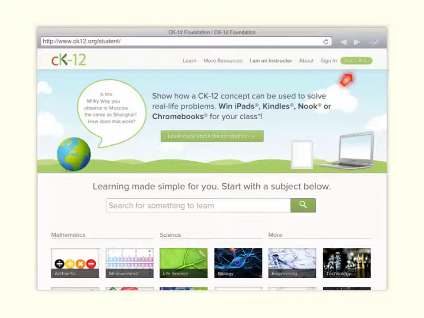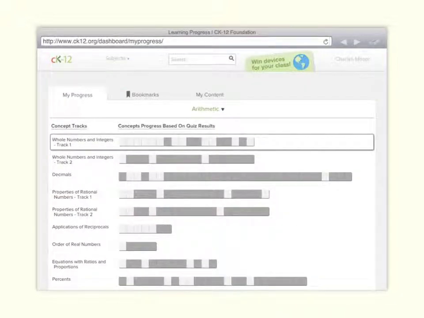Okay, join the CK12. I am going to sign in because I have already joined it. So, as you can see, you get to a window that says My Progress, and I haven't made any because I haven't done any quizzes, but anyway, we're going to go to Subjects,